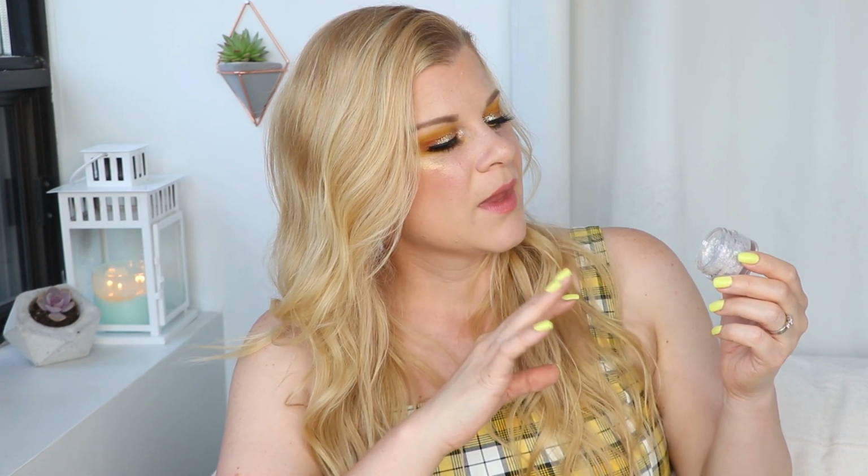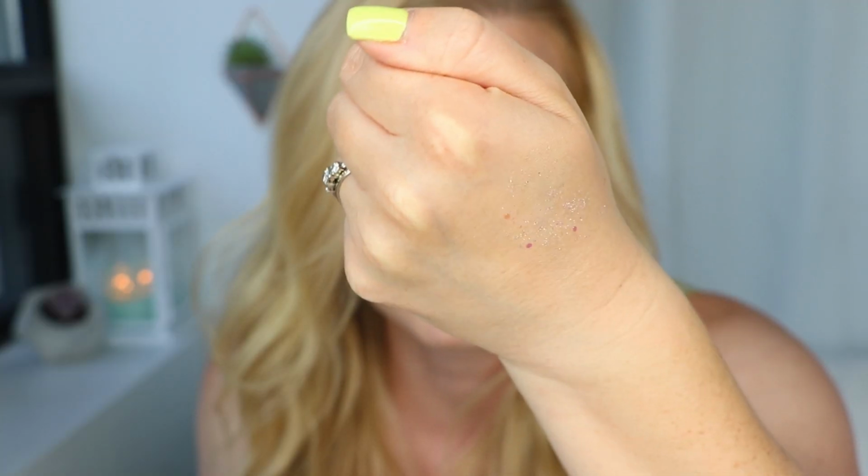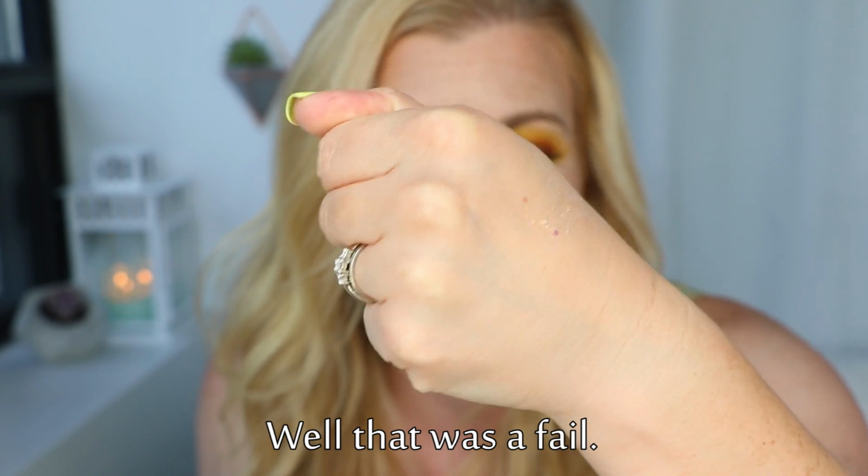I have a lot of putty glitters like this that are rainbow-esque, but they're not truly holographic. It's just more like the little pieces in there reflect different colors of the rainbow, but they're not a true holographic spectrum. The colors in here are holographic, but there's an opalescent shift to them as well. So it's more like a subtle holographic color. And because I didn't have anything that was truly holographic, oh, it's pretty. Okay, let me see if I can swatch this on my hand and get a close-up. The problem with having a ring light is while it illuminates the video, it can be very hard to show colors up close. I'm not sure if you're going to be able to get the color spectrum off of this,